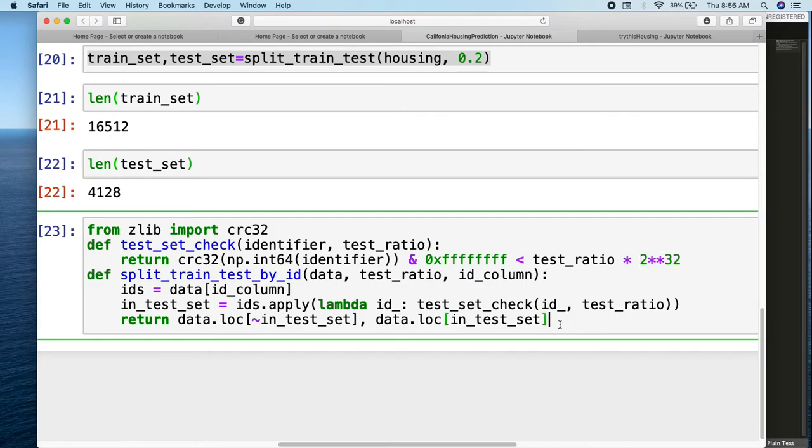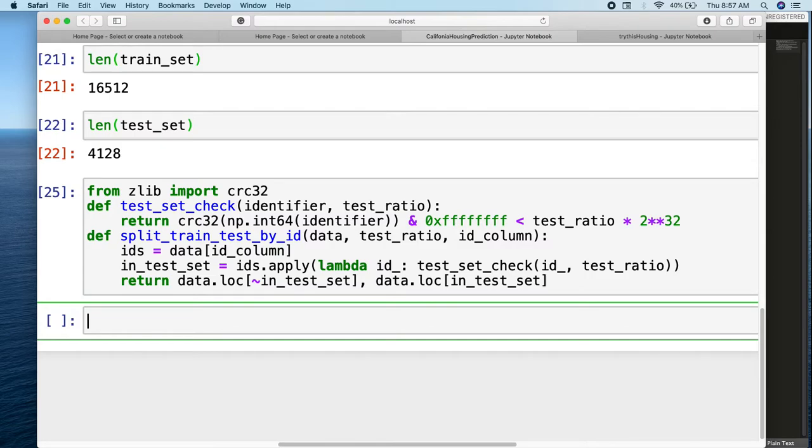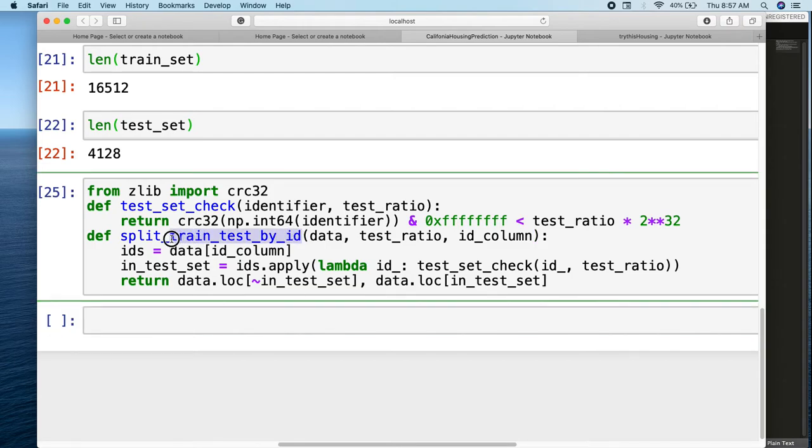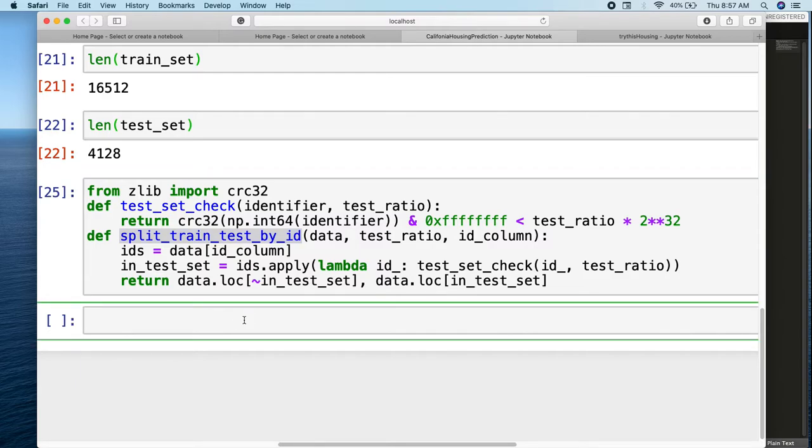All right, so in the function split train test by ID, the splitting in this case is going to be done purely based on what? Based on the ID. All right, let's run this. And then what we're going to do now is to call the method split train test by ID, and then we pass on a house. Before we do that,